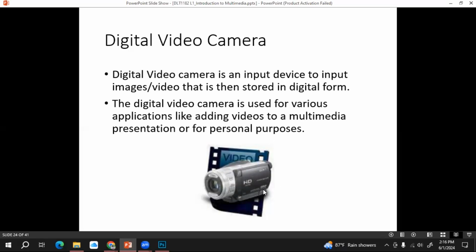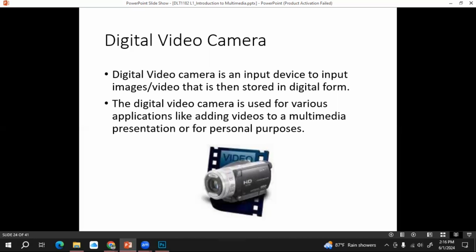Then if you want to play this video, it will quickly show these captured images, or we call them frames, continuously, right? Then you can see some movements. Using digital video cameras, we can capture videos as well as images, but using digital cameras, we can only capture images, right?